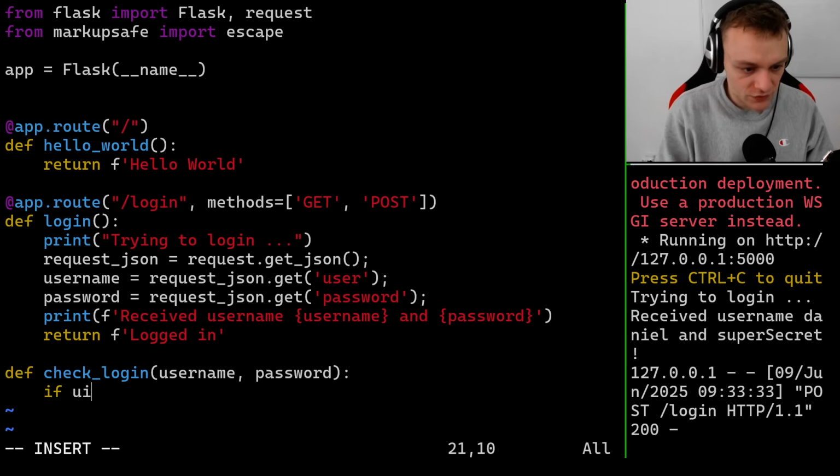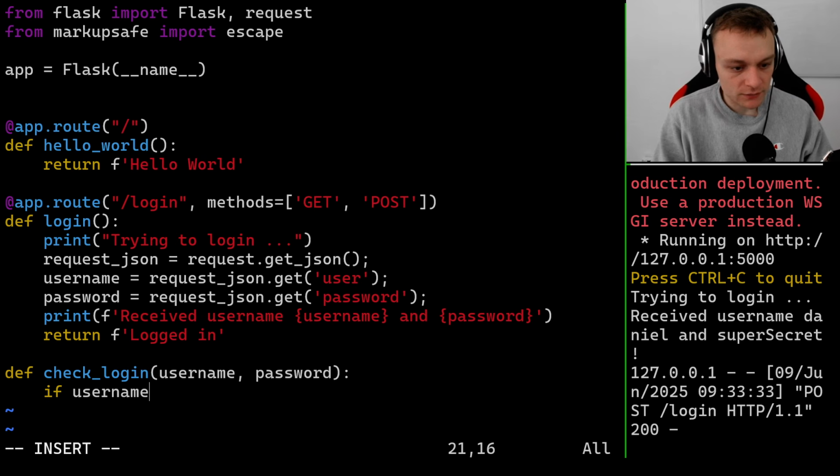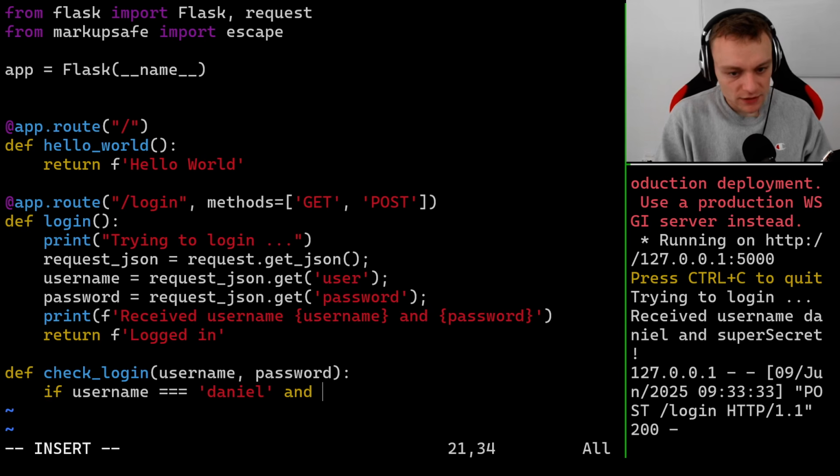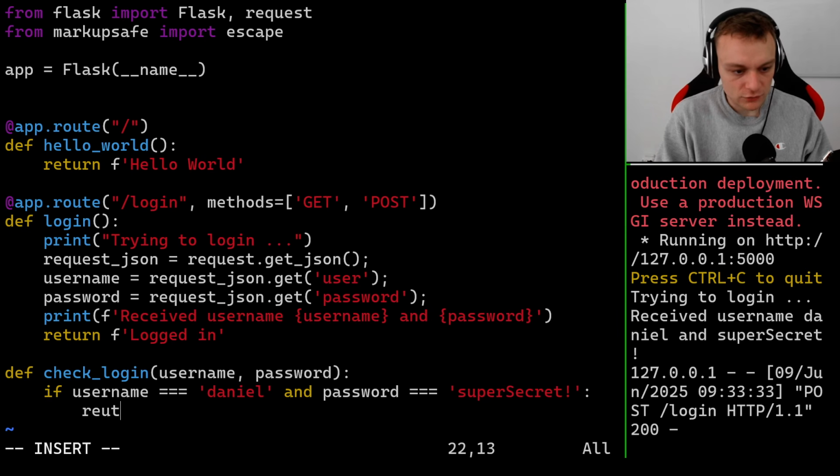So if username equals Daniel, and is it and like that? Yes, I think it is. And password equals super secret exclamation mark, then return